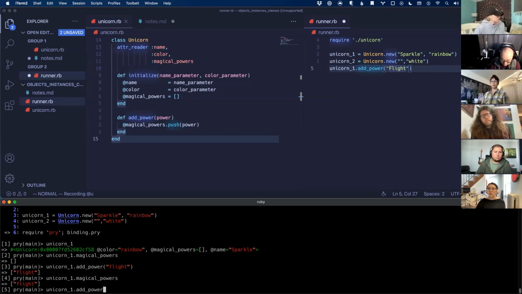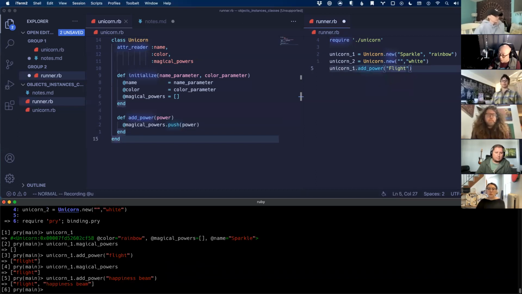Happiness beam. Happiness beam it is. Right? And I can just play with it and be like, hey, cool. My unicorn 1 now has 2 powers: flight and happiness beam. And just to make sure things are working the way I want them to,